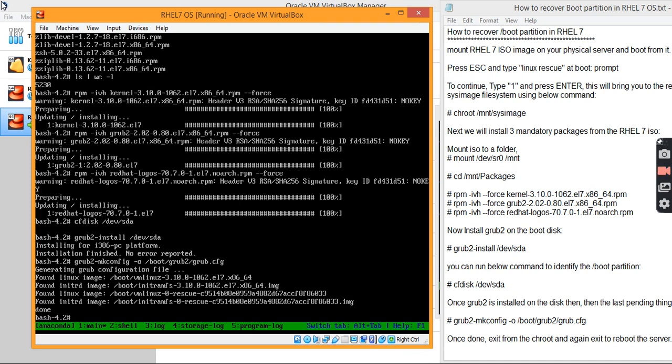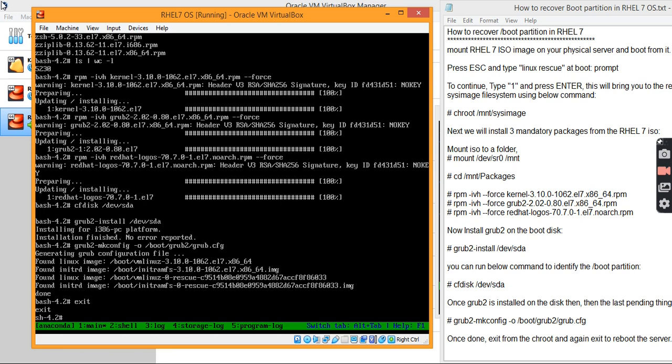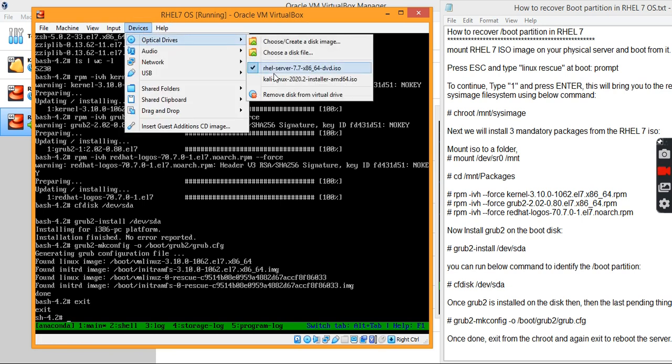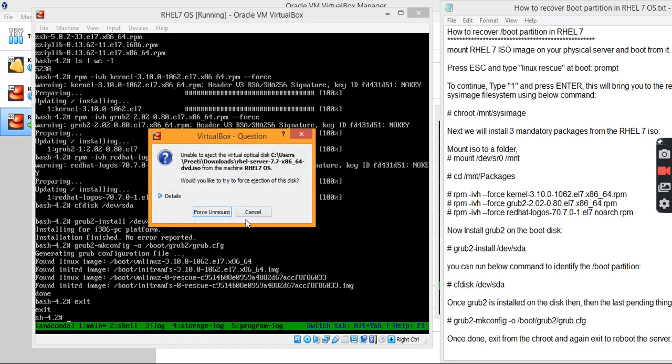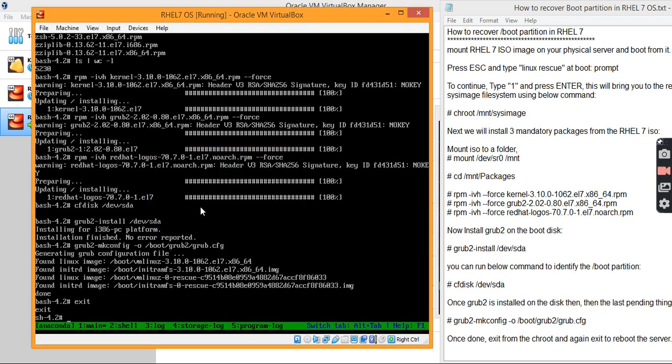Let's reboot this machine as per the process. Before rebooting, I am going to unmount the ISO image and reboot this.